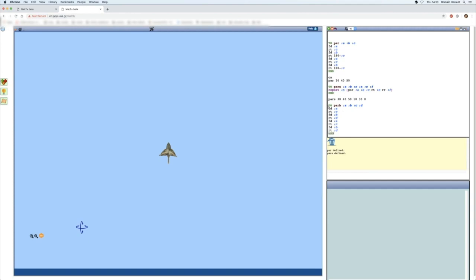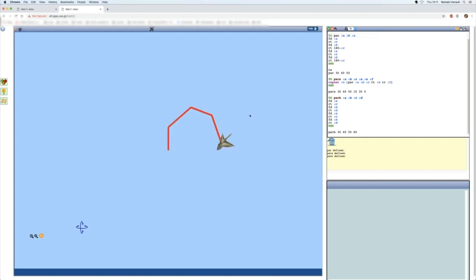Now what have I done here? I've created a procedure which has a bug. It's not a procedure that has the right properties for a parallelogram, and indeed if I execute B, I can see that it does something which is not a parallelogram.